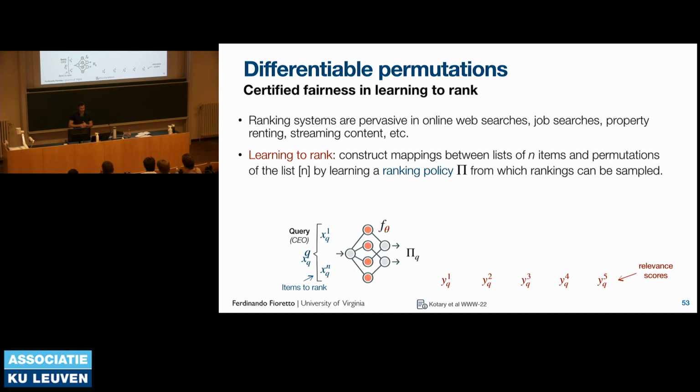And so here I want to talk a little bit about ranking systems. What are they and what are they useful for? So ranking systems are a very pervasive part of society. We're ranking literally everything. If you go on social media, your news feed is ranked through some algorithms. If you run a job search, candidates and so on are all ranked through some criteria.